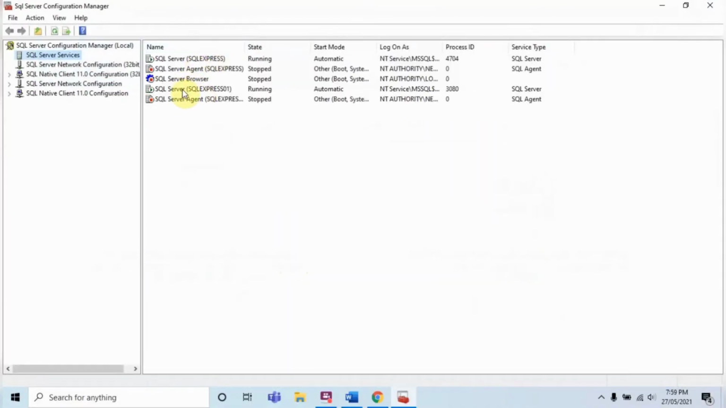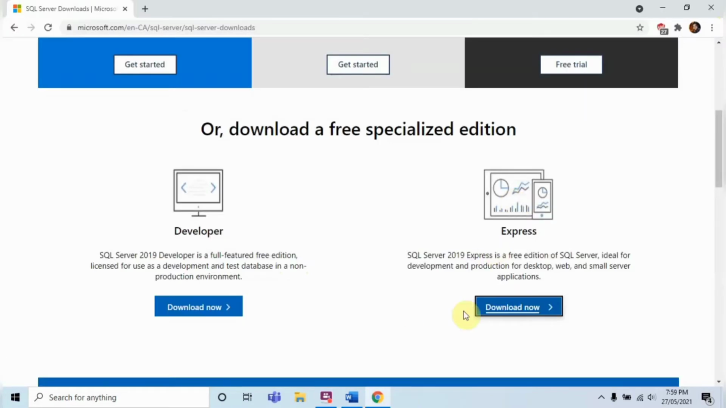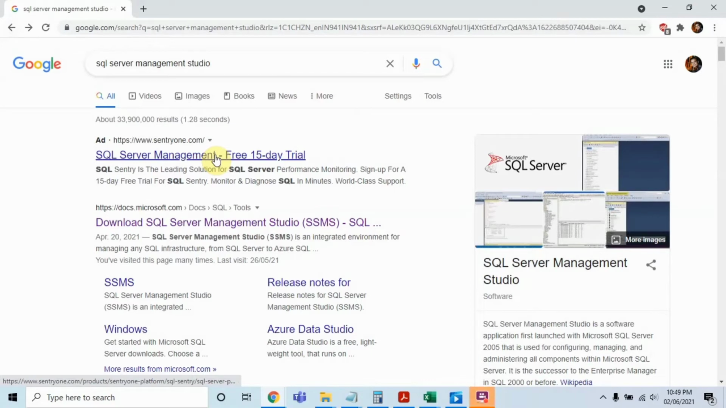Over here, I already have one, so it's duplicated, but you just have to start this SQL Server. If it is stopped, you just have to start it. After that, if you want to do any SQL operation, we need Management Studio or any tool to perform the queries and executions. For SQL Server Management Studio, just search for SQL Server Management Studio on Google,